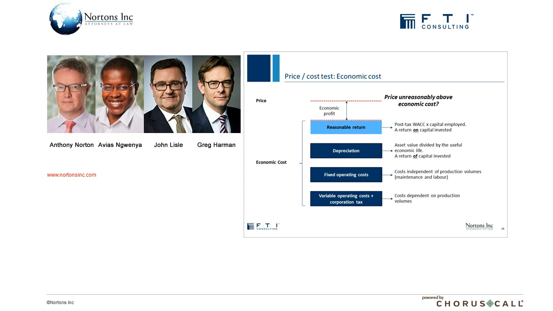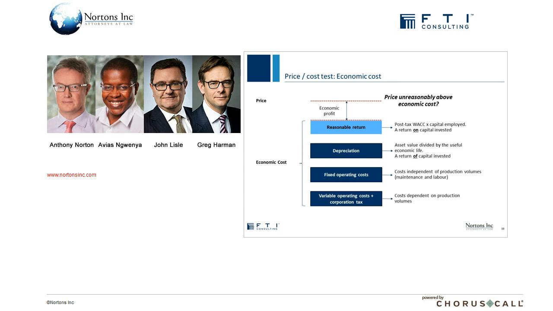And so there is a question as to, do we take accounting depreciation or do we take some kind of economic definition of depreciation over time? These are relevant considerations. And of course, one of the biggest differences between accounting cost and economic cost is, in economics, we think of the return on capital invested as being a cost. Nothing comes for free. If I borrow 100 Rands, I have to pay somebody for lending me that money. So variable cost, fixed cost, depreciation, reasonable return gives us a definition of economic cost that can then be compared